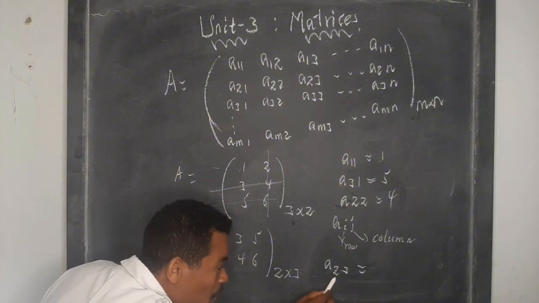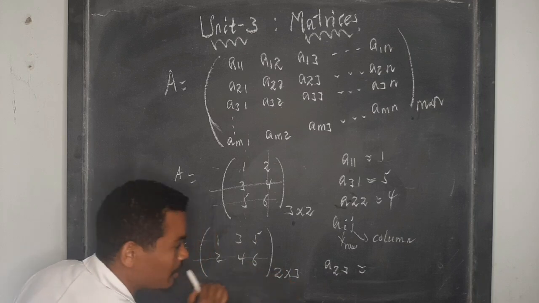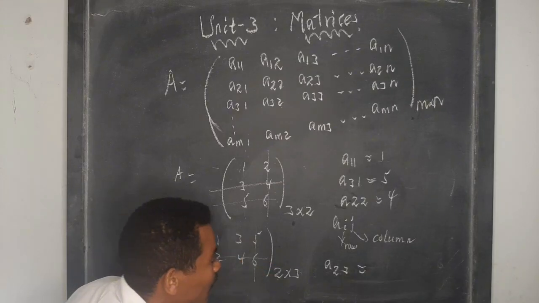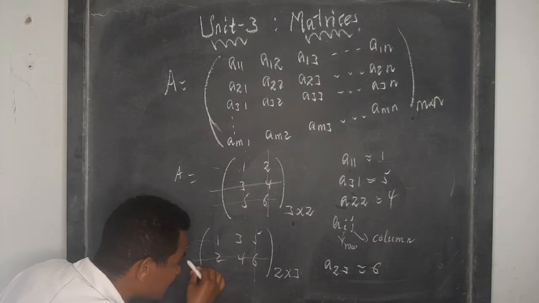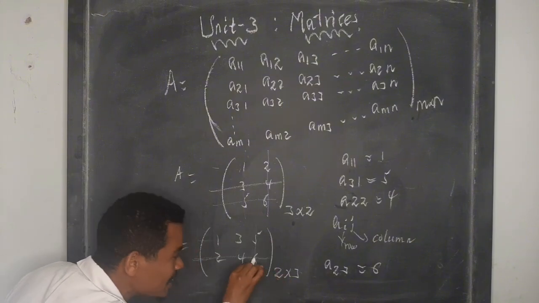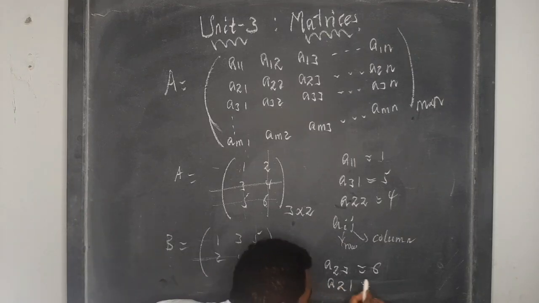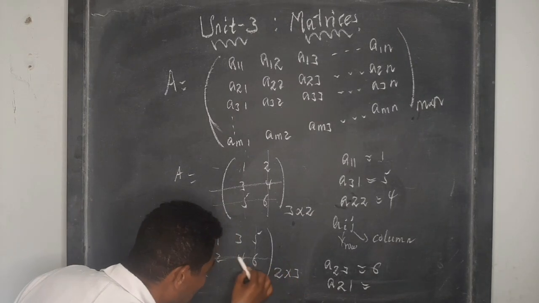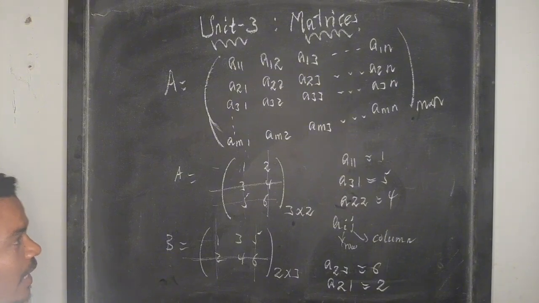ለምሳሌ አሁን A23 ብንባል, A23 ማለት the element that exists on the second row and the third column ማለት ነው። Second row ማለት ይሄ ነው። Third column ማለት ደግሞ 1, 2, 3 ይሄው። So that is 6 ይሆናል። ኢንተርሴክሽን ፖይንት ስናደርግ, the intersection of the second row and the third column is 6 ይሆናል ማለት ነው። A21 ብንባል, A21 means the element that exists on row 2 and column 1, which is 2 ትሆናለች ማለት ነው።